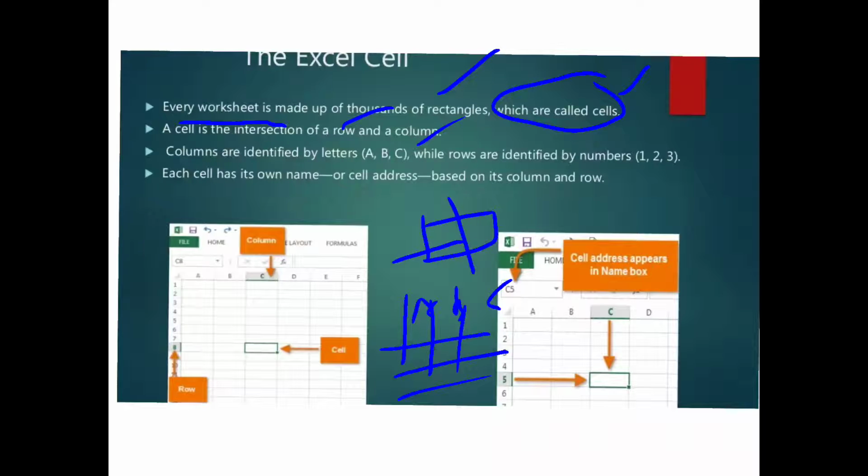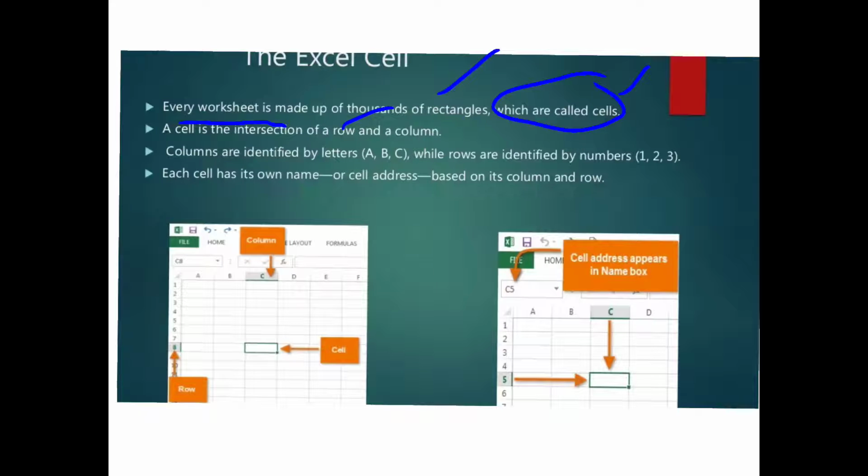Next, each cell has its own name or cell address based on its column and row. So each cell has its own name. Here we can understand, here it is a figure. So here is column C and row 8. So we can understand that here the cell is called C8.